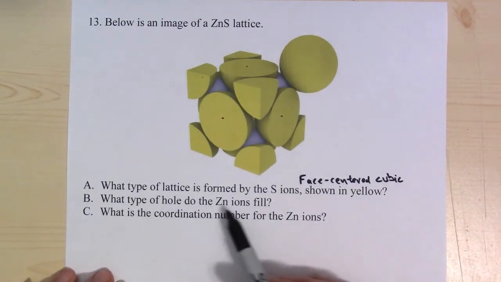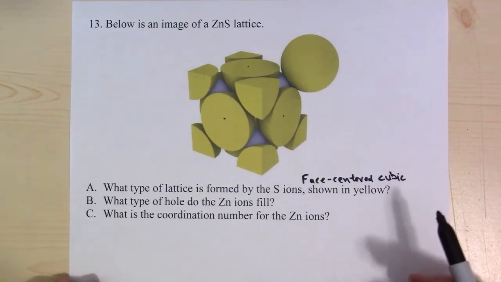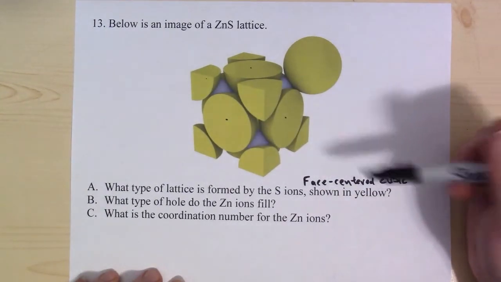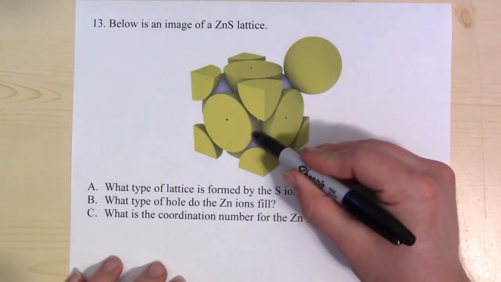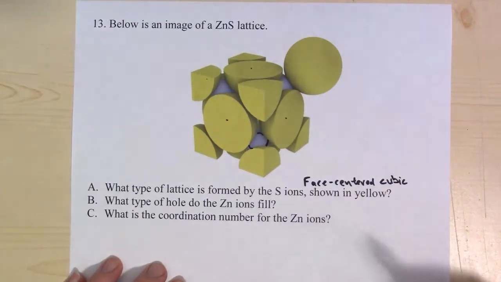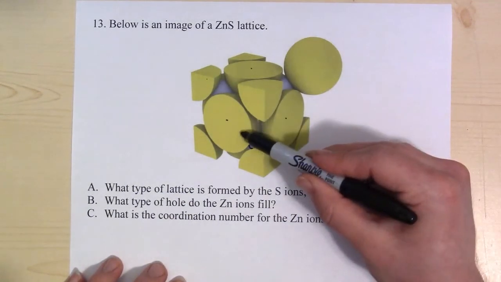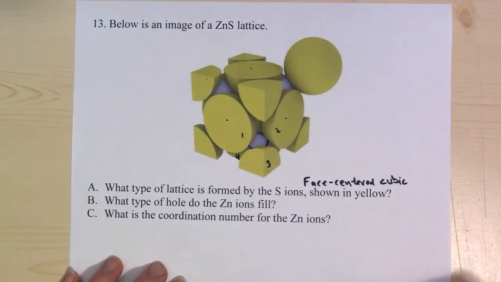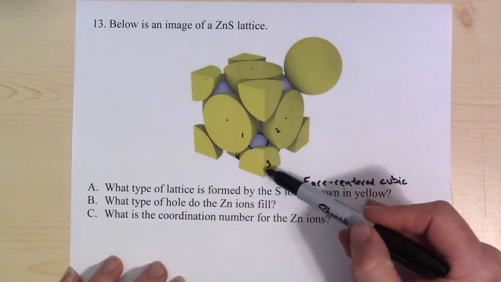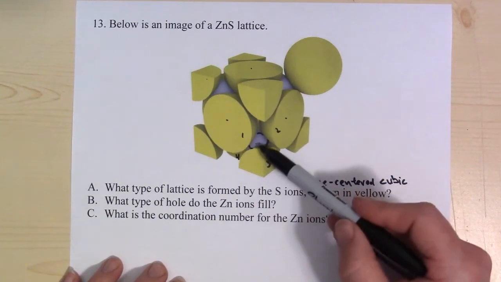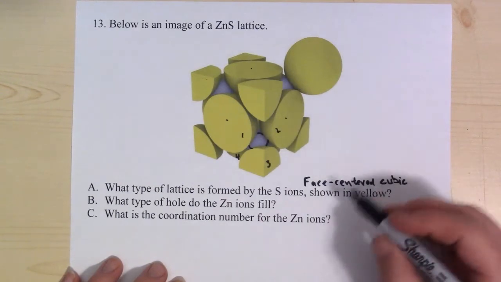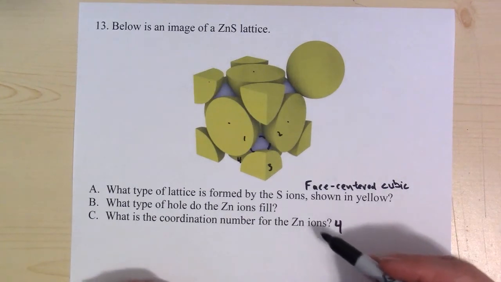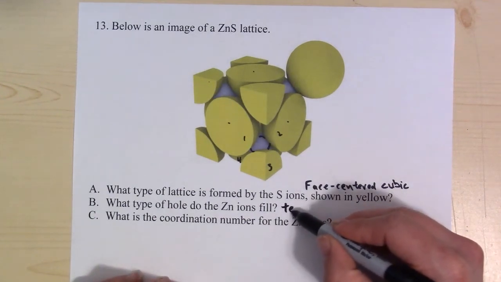Now we're looking at what type of holes the zinc ions fill. We can look at that similar to how we approached the previous problem. How many of the sulfurs are each touching the zinc? So if we look at this zinc atom that's in there, it's touching 1, 2, 3, 4 sulfur atoms. So 2 on these two faces, the third one in the corner, and the fourth on the lower face directly behind the zinc. So the coordination number there is going to be 4 for zinc, and when you have a coordination number of 4, that means you have a